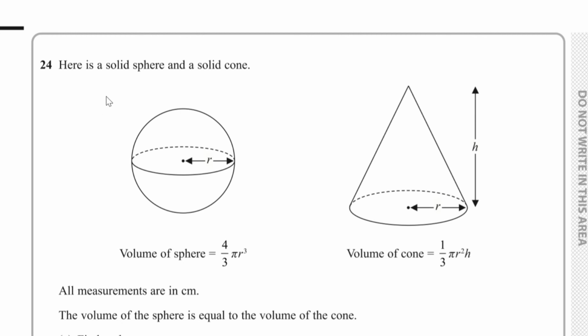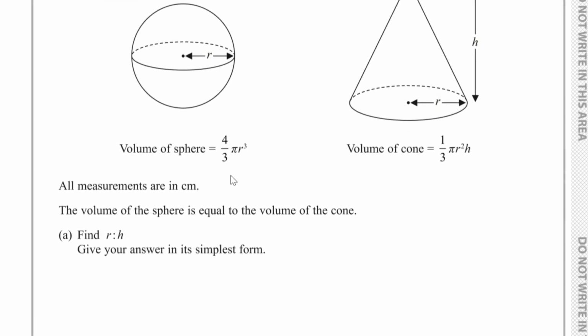Question number 24. Here is a solid sphere and a solid cone, that's what we see here. The volume of a sphere is 4/3 pi r cubed. The volume of the cone is 1/3 pi r squared h. All measurements are in centimeters. The volumes of the sphere and the cone are equal, we have to find the ratio r to h in its simplest form. Now if the volumes are equal, that would mean that 4/3